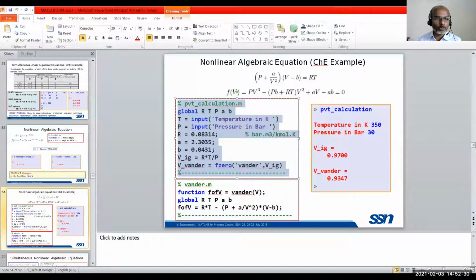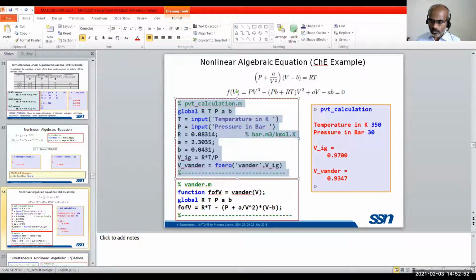This is actually a script file. What is the difference between script and function? A function file starts with the keyword function, whereas a script file is simply a series of instructions. The script file may call this function file, or it may do some other operations. I'm just copying this here.